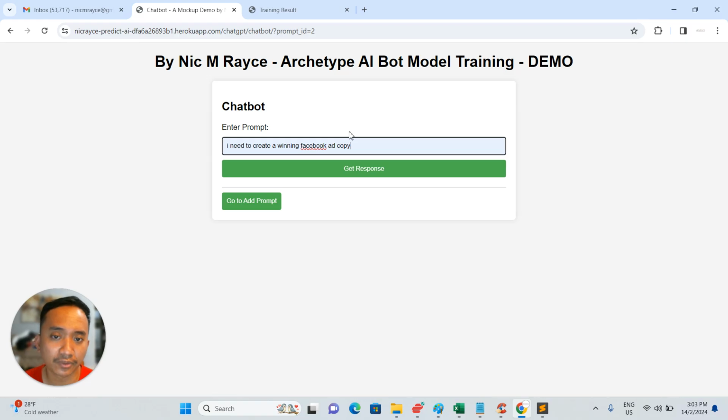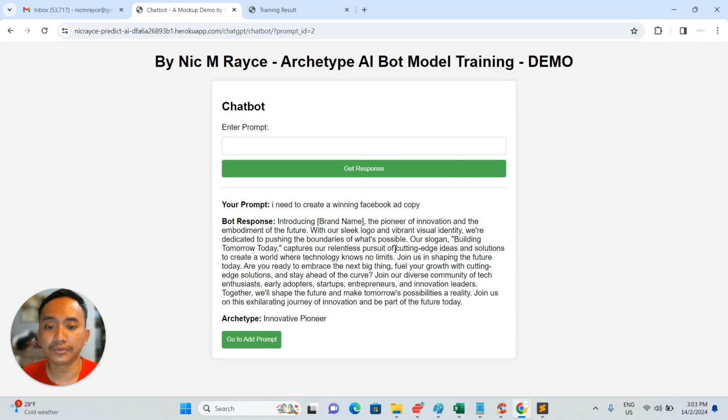What I'm doing right now is taking the archetype values that we filled in earlier and combining them with a prompt where we assume the personalized AI bot is our copywriter, and we want it to create a winning Facebook ad copy. So just click Get Response,